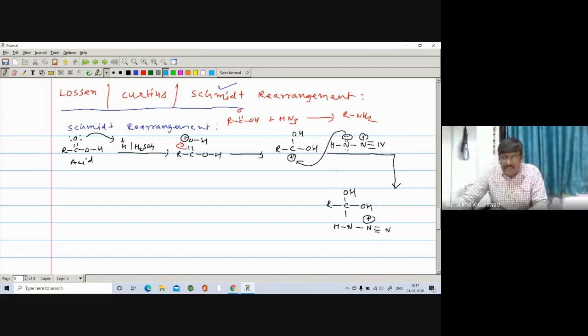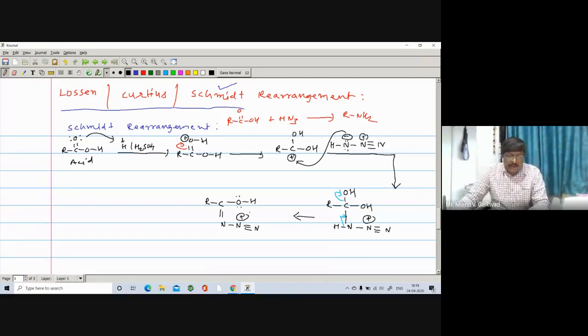Okay, and further this will undergo further reaction like this one. This OH is there. OH is anti to this one. So here this sigma bond will open here. OH negative, carbon becomes positive, and this sigma bond will shift here. Formation of a double bond, right? Formation of a double bond, and here you are getting the corresponding compound like this one. So here is R, here is C, here is a double bond, here is N, here is N triple bond N and a positive. So you can get such type of compound. Here is OH. Also there is an O and an H, having two lone pairs, right?